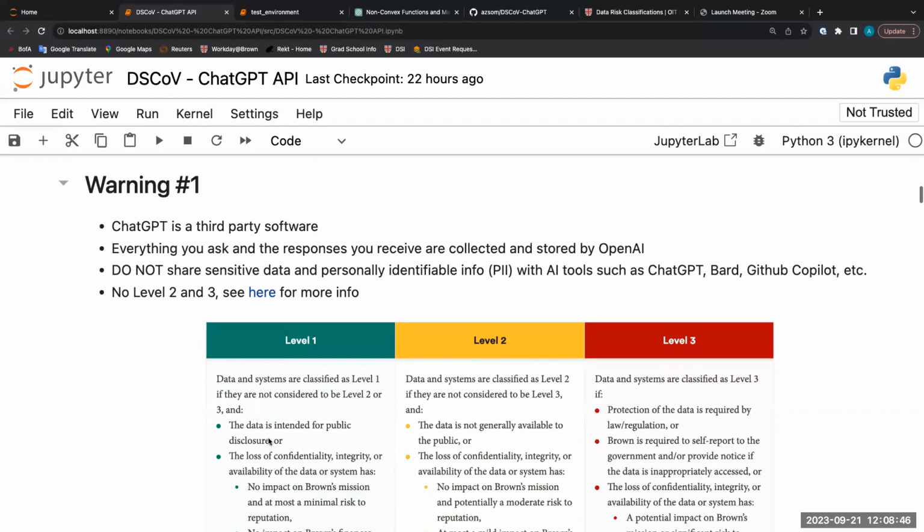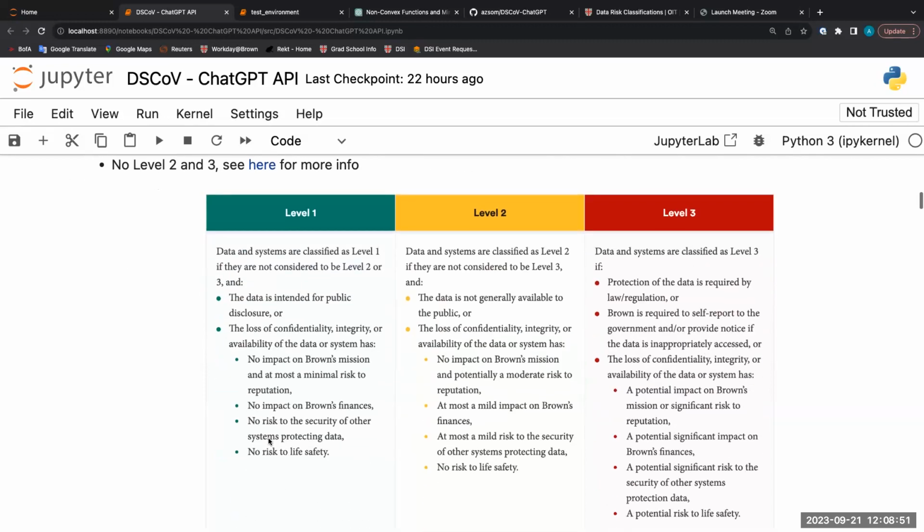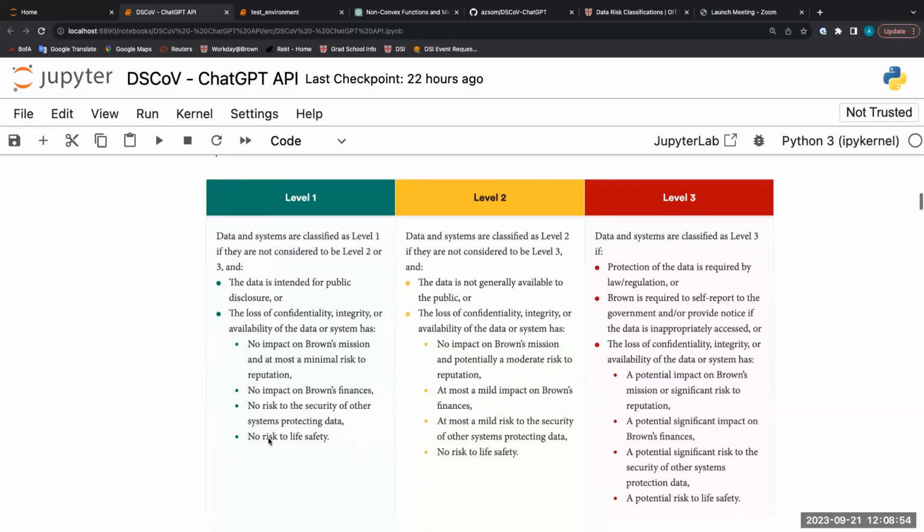So we have these 3 different security levels for data sets. I added a figure to show what exactly they mean. Level 2 would be things like the roster for classics, right? If that gets out, it's not the end of the world. It's just a bit embarrassing for Brown. Level 3 data should be anything personally identifiable. Would be people's salaries, for example, medical records, all this kind of thing. You should not share any of these things with ChatGPT because you don't know what they will do with it.